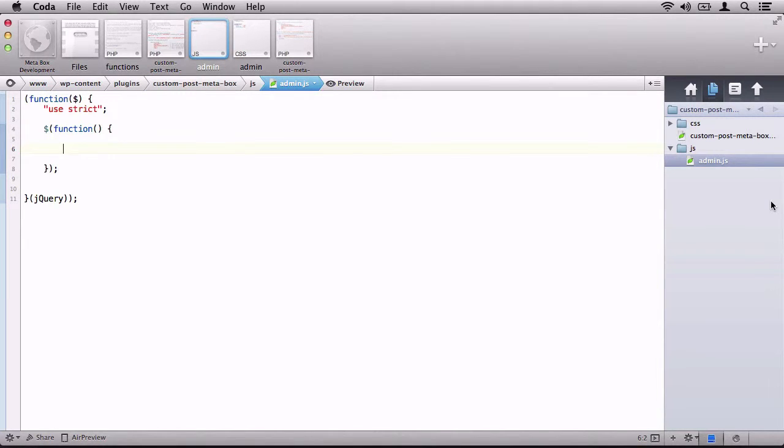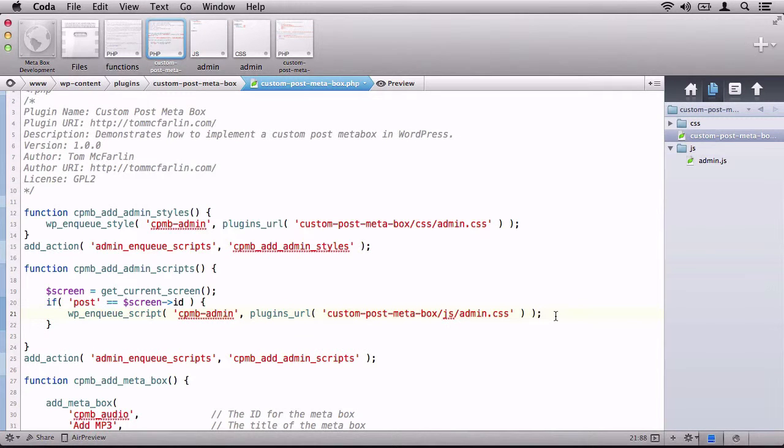Okay, as you can see, we have a basic skeleton for a JavaScript file that will be using jQuery, and that is ready to fire as soon as the DOM is ready. So let's hop back into the core plugin file, and then we will enqueue this script specifically for post pages. To do that, we will then use the wp_enqueue_script method. We can call this cbmp-admin because it is a script. It's not going to conflict with the style. And we make sure that we call